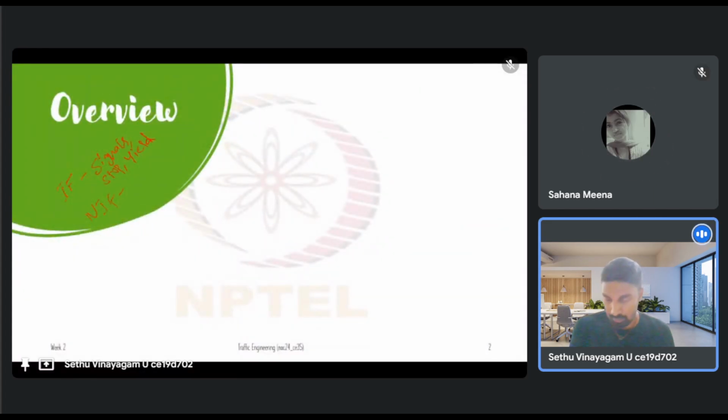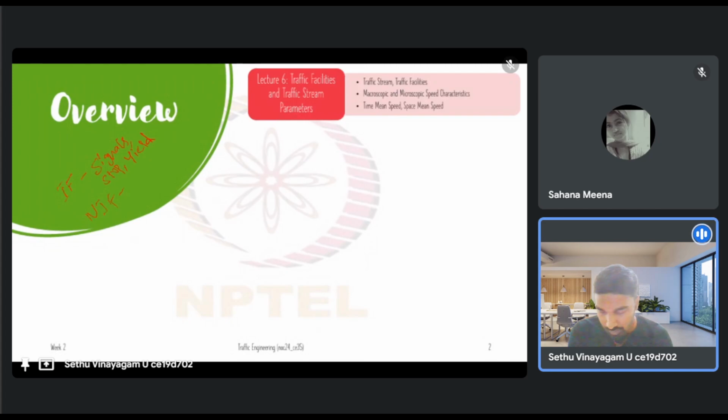Yes, sir. And then we have the uninterrupted flow facilities, which basically don't have any of these external factors that affect the flow of the traffic stream. These are the two broad categories that we looked at. Then we looked at different traffic stream parameters, which are broadly classified into two types: the macroscopic and the microscopic parameters. What is macroscopic? When we consider the traffic stream as a single entity, we do not look at individual vehicles, but rather the traffic stream as a whole. The parameters that describe the traffic stream as a whole are called macroscopic parameters,